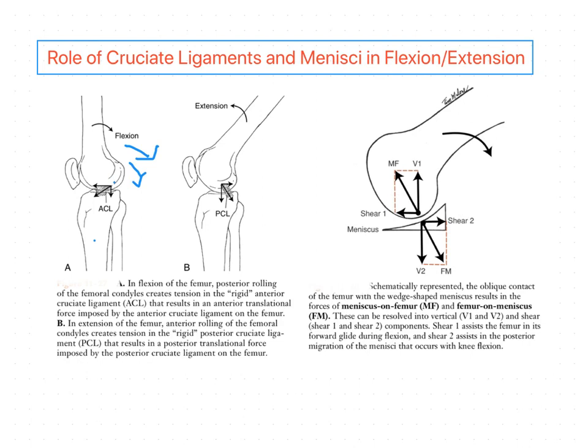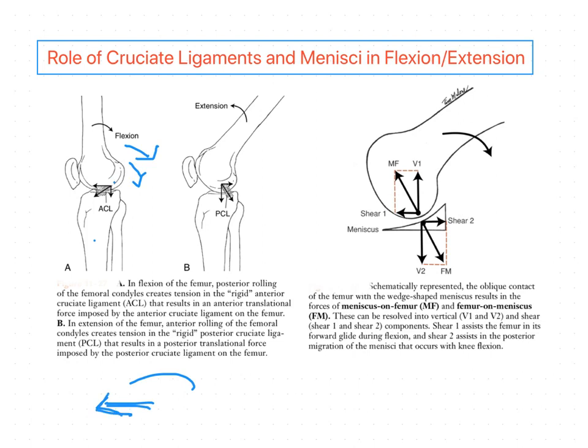Continued rolling of the femur would result in tightness of the anterior cruciate ligament, which simultaneously creates an anterior translation force on the femoral condyles. We have seen that during flexion there is posterior rolling and anterior gliding. This anterior gliding is